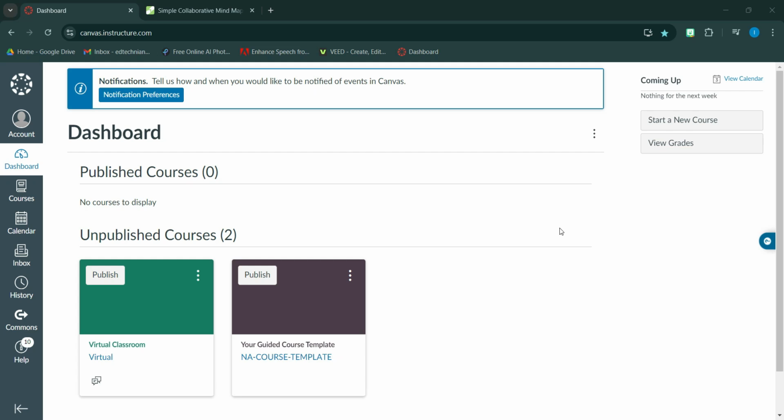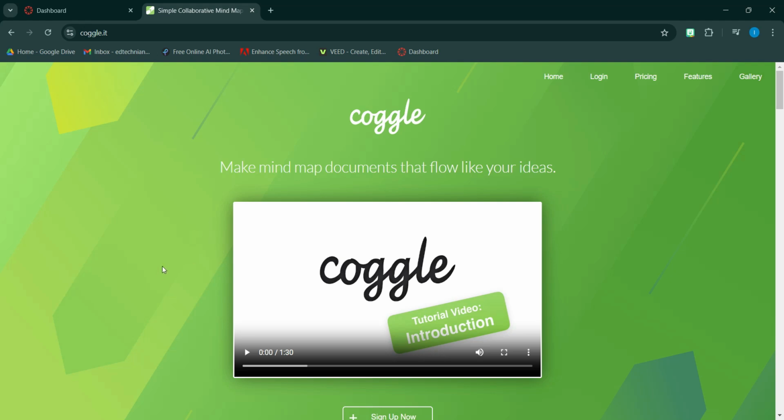I'm going to go ahead and show you how to use Coggle.it to create interactive classroom activities and embedding them into Canvas. Coggle.it is a website that allows you to visualize ideas, processes, and setups through creating dynamic mind maps or flow diagrams. In today's video, we'll build an activity where students connect computer components, including a computer desktop, monitors, speakers, mouse, and keyboard. This is, of course, just an example, so feel free to adapt this process to any topic or